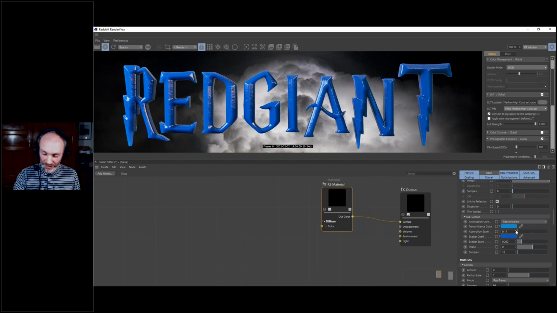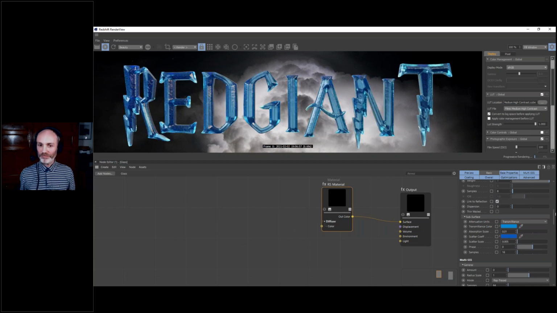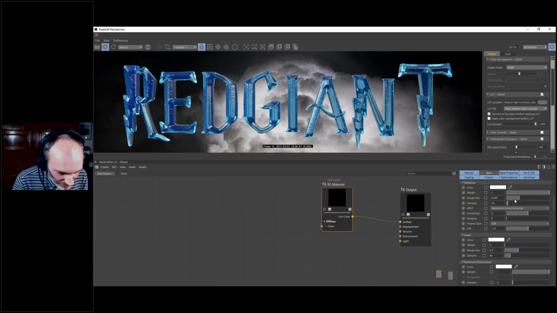It's very interesting to work with, but a bit difficult to understand and to really master. But you can see it works pretty well if you just punch in low values and don't forget to increase the roughness. Okay, well, that's it.